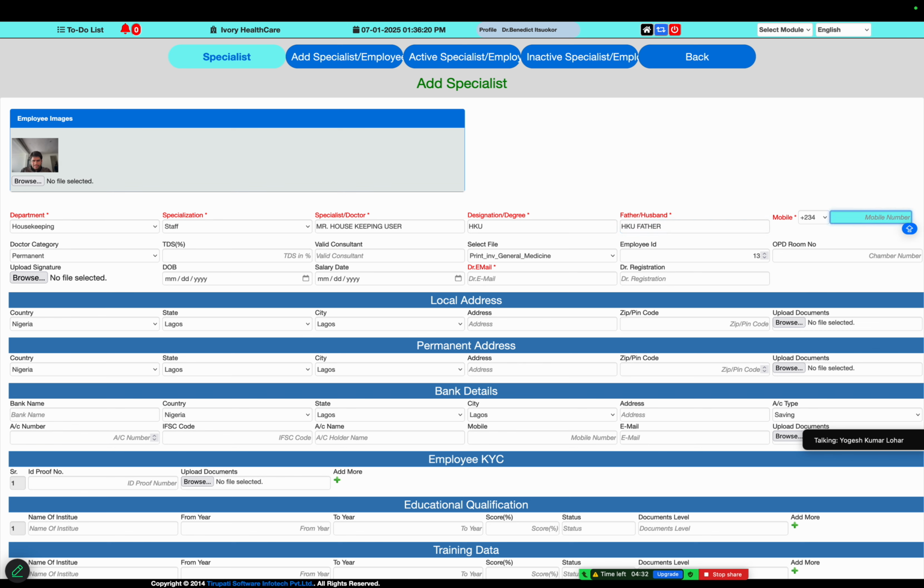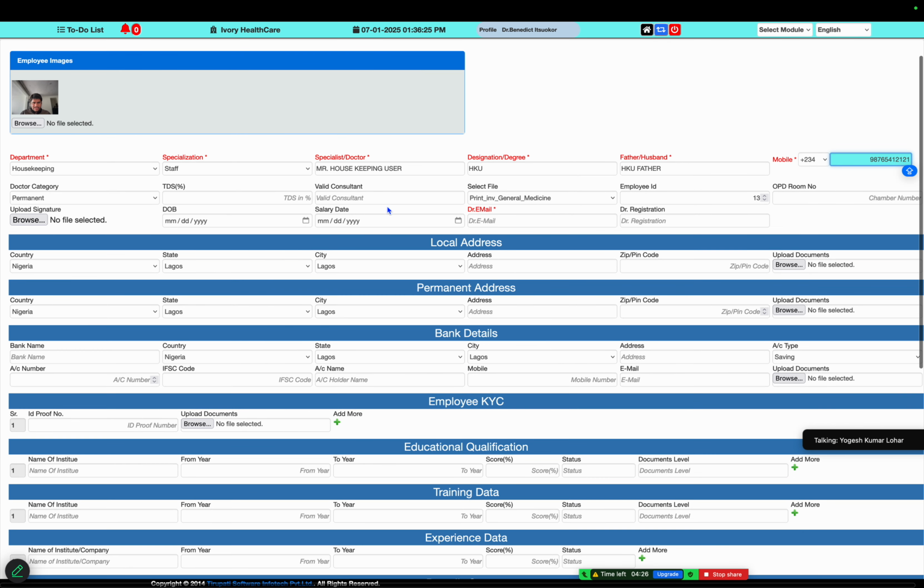Then the mobile number of the housekeeping in-charge or respective person, and the mail ID and personal details.